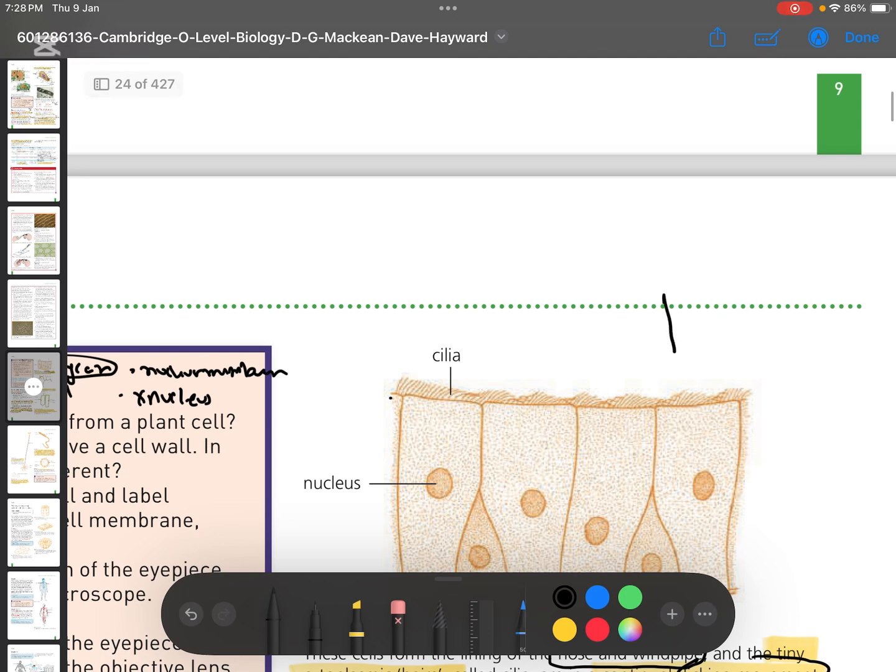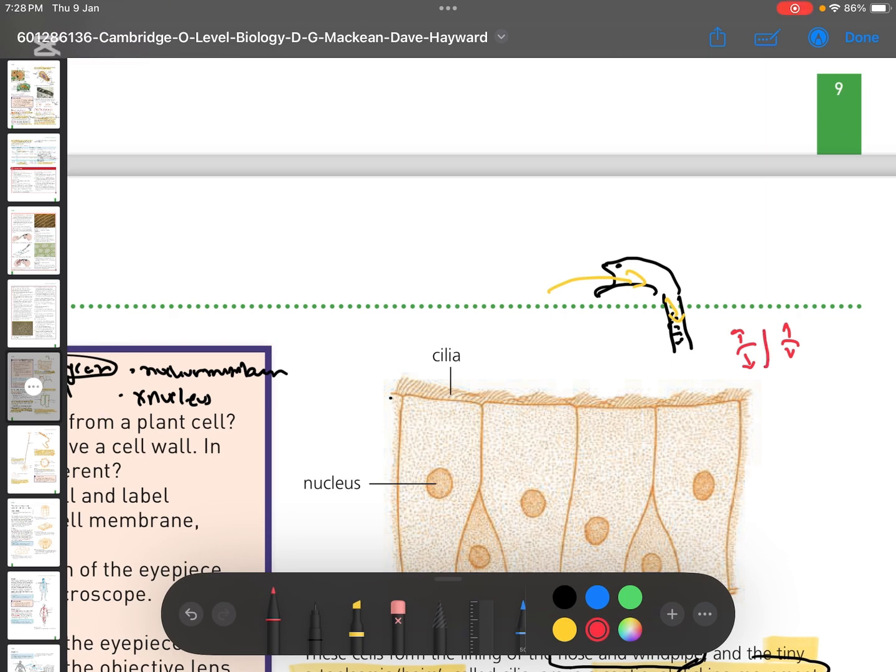For example, let's suppose this is your windpipe, right? And this is your mouth. It's a very bad mouth I've made here, but for example, this is your windpipe. And here are the cilia present, these hair-like projections, and there has been some dust that has entered into your mouth, and it has entered into your windpipe, right? So what the cilia does is it does its flicking type motion,